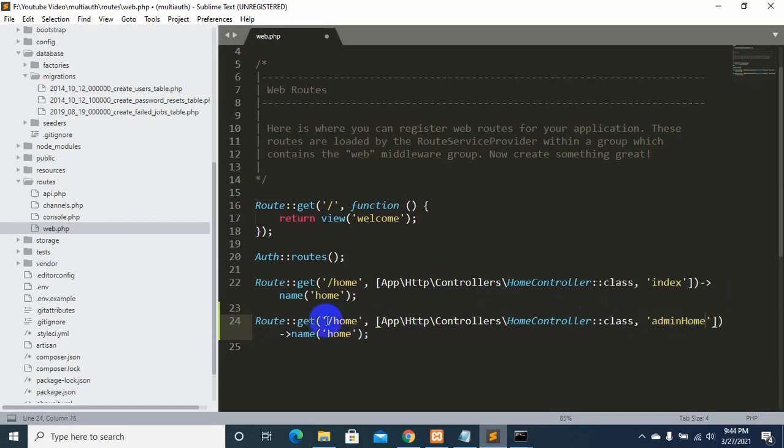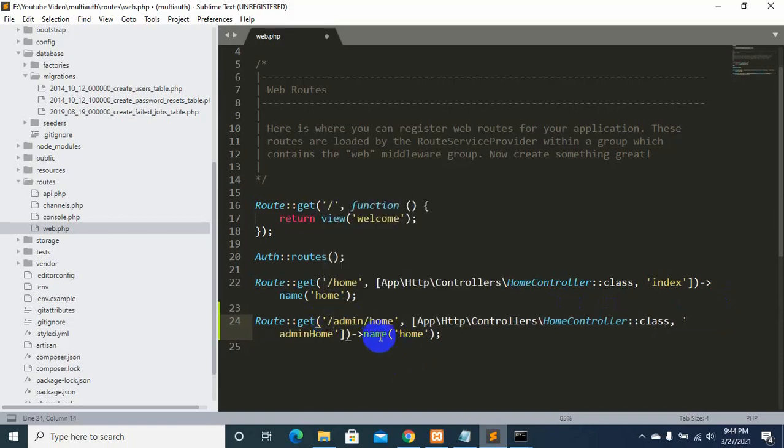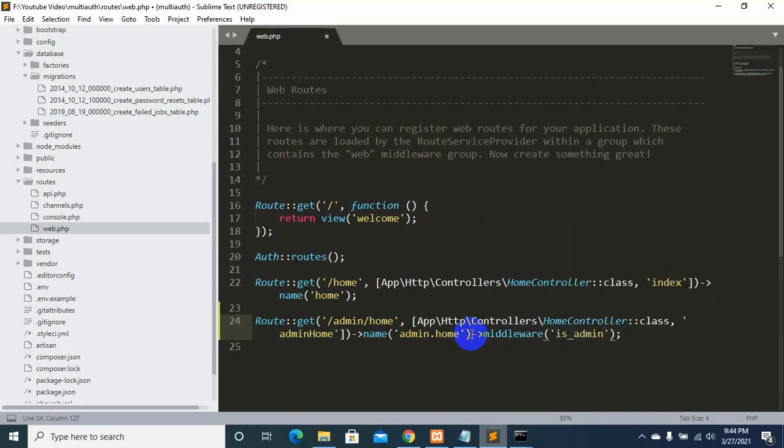Okay, and let's say over here admin, and over here we will say route name admin.home, and we need to add middleware over here. We will say middleware is_admin. Okay, so let's save it, Control S.